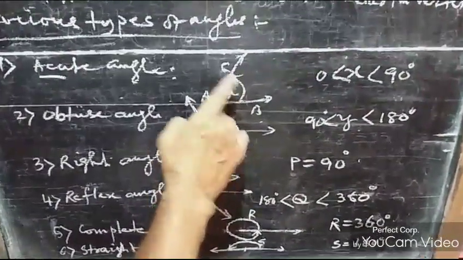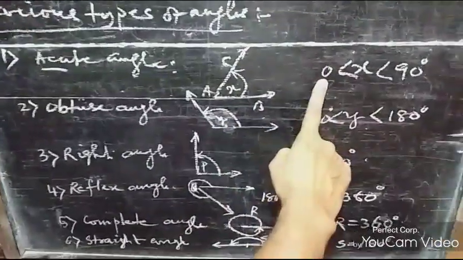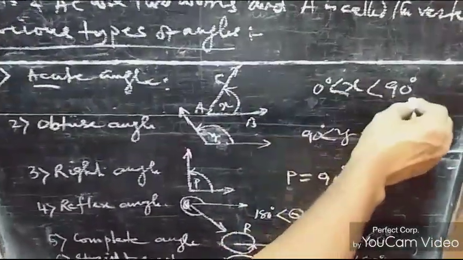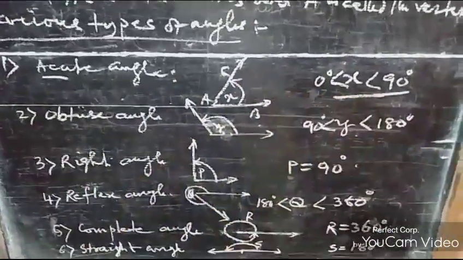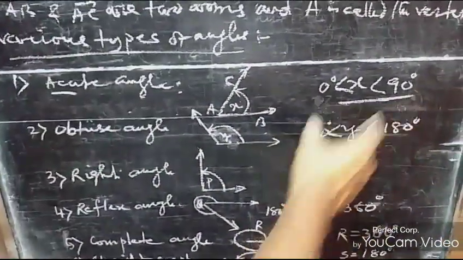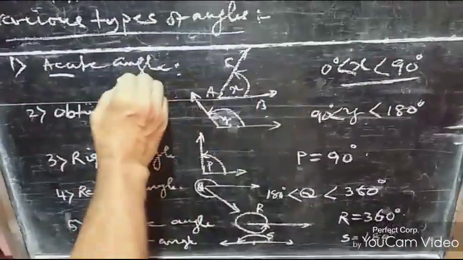Suppose this is an acute angle, suppose ABC, also once again, I am just showing you X, one acute angle. An angle measuring more than 0 degree and less than 90 degree is called an acute angle. I am just putting it in a very short form. You can write it down in this way also sometimes. Then that angle is called the acute angle.